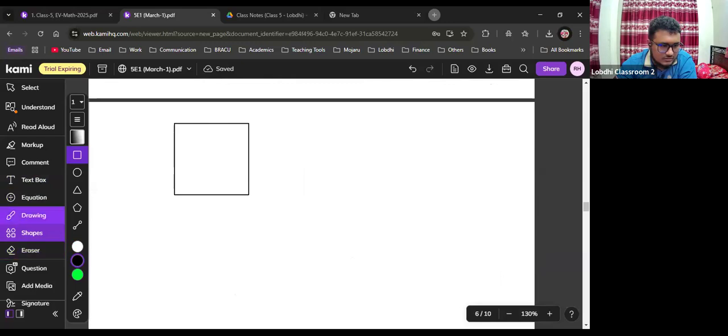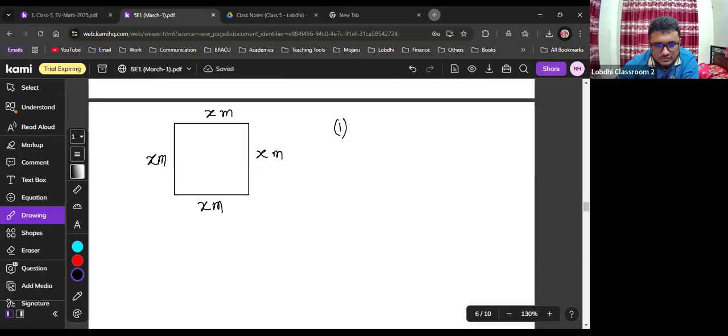We have a square, each side equal to x meter. This is also x meter. This is also x meter. This is also x meter. This is a square. Now, the first question is,